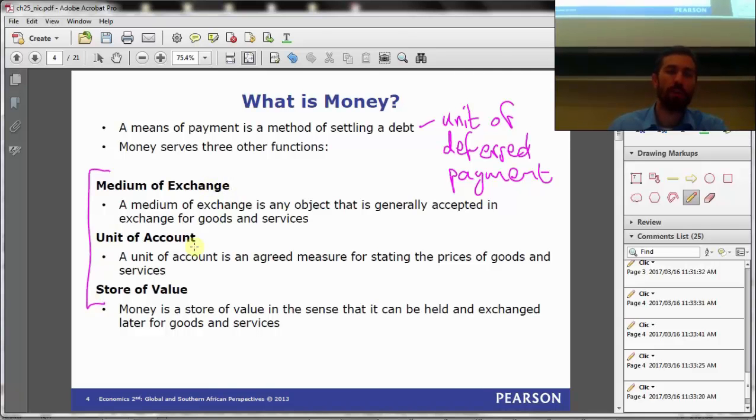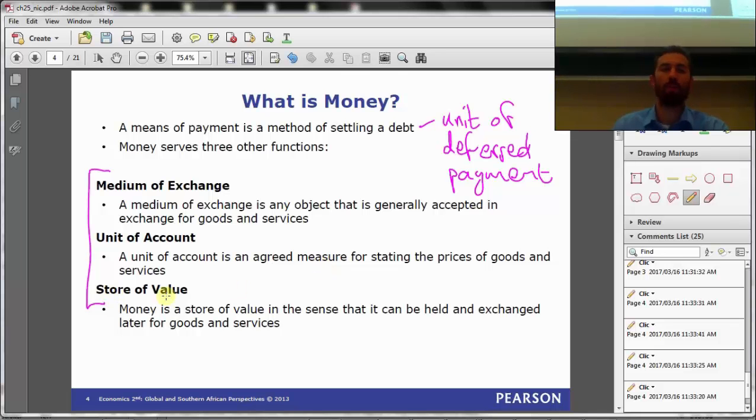Anyway, so medium of exchange. It's also a unit of account. What do we mean by unit of account? Again, what I described previously, when I go to the shop and I buy milk and it's denominated in rands. It's not denominated in units of labor. It's not denominated in units of bread. It's denominated in units of rand. That's a unit of account. In other words, it's the measure for stating the prices of something.